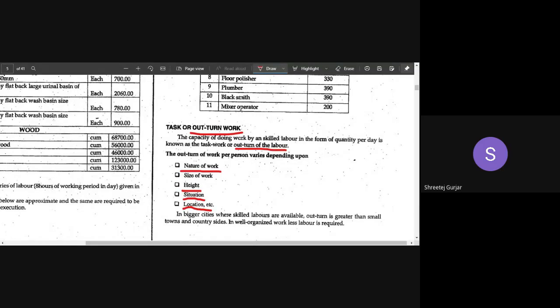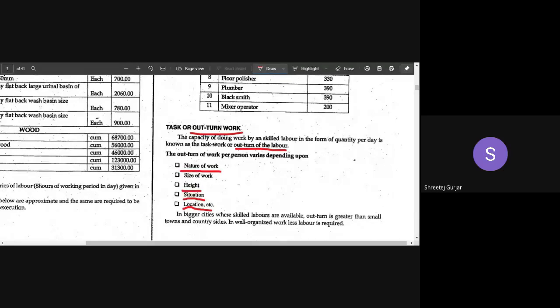And also in lockdown, you have heard that construction is allowed with in situ laborers. So your local laborers will not be allowed because the traveling will not be allowed in your lockdown. Similarly, your local laborers will take more holidays, but your laborers who have come from outside will hardly take any holidays. They will take once in a year. They go home for a month or two, and they will come back and they'll never go home again for a year. So your outturn work for laborers who have come from other states will be more compared to your local laborers.